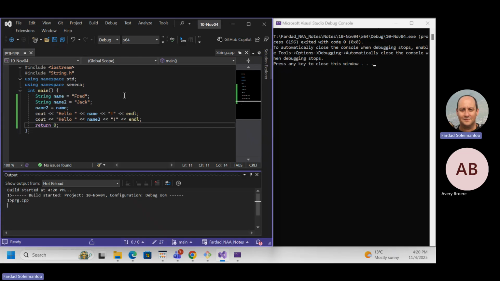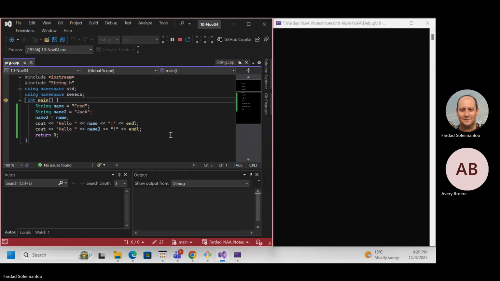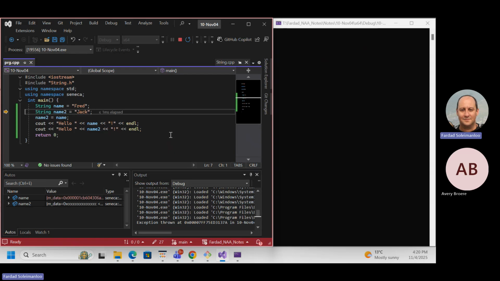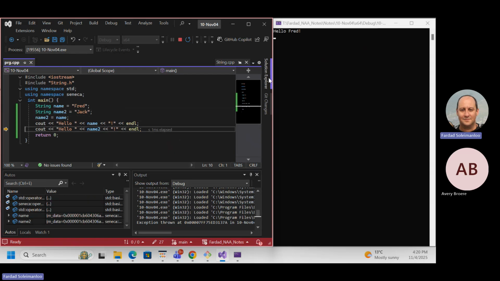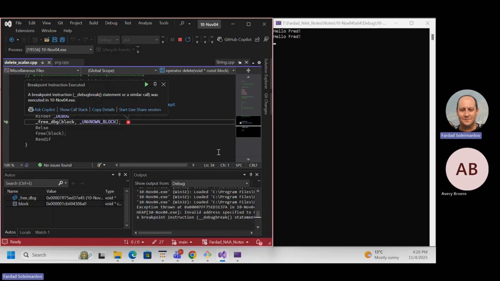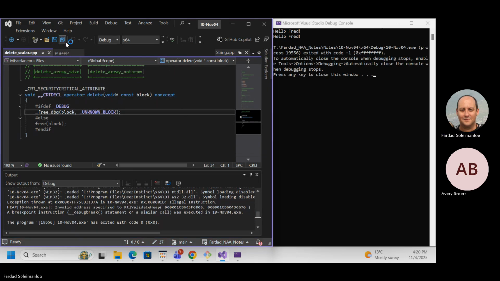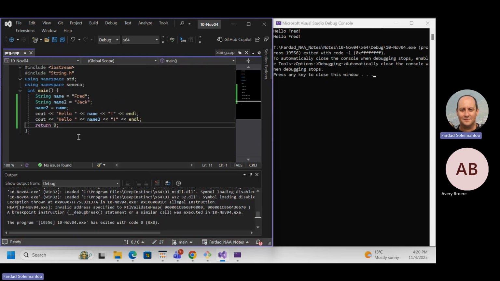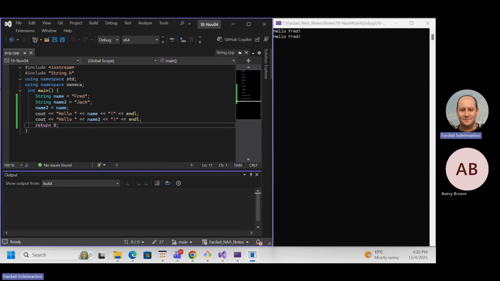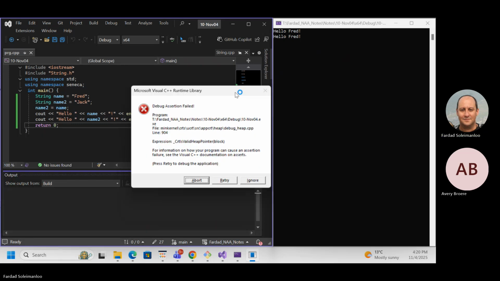So when I run this beautiful program of mine, nothing's wrong, no compilation errors. It comes, this is created, it's assigned, it says hello Fred. Again, hello Fred. So everything's good, right? As soon as I get to the end, boom, crash. One more time, let's run it. This is what you get. It crashes at the end.